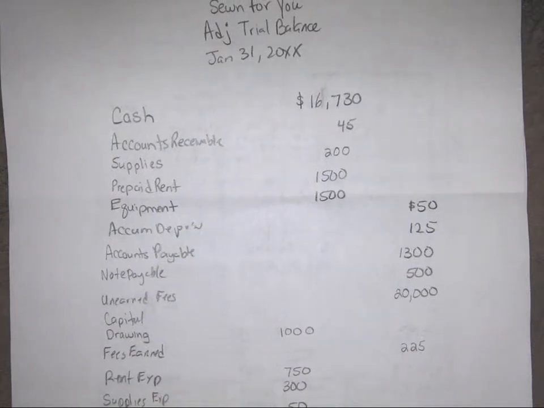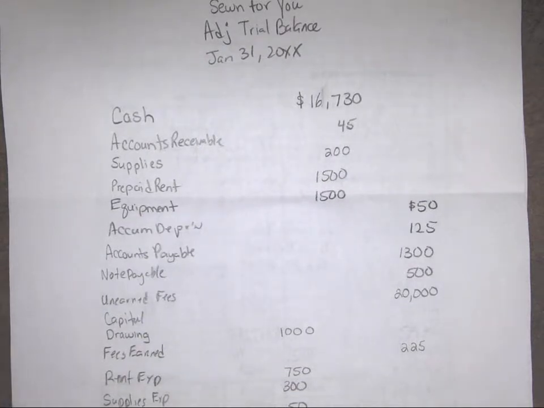Today I want to look at the closing entries. So this will help you with your project and really going through all of this information. What we see is the Sewn for You adjusted trial balance. Now I did add a drawing account and change the amount in cash so that we could go through all of those closing entries that we need to go through, which is that REID